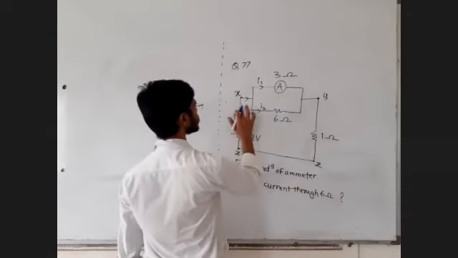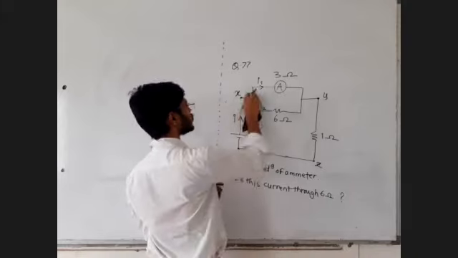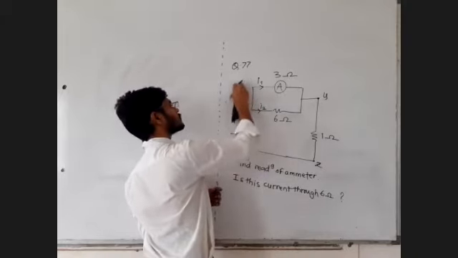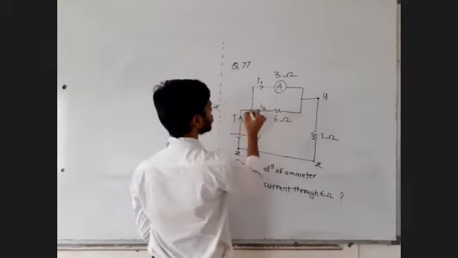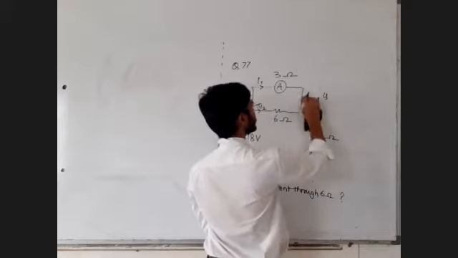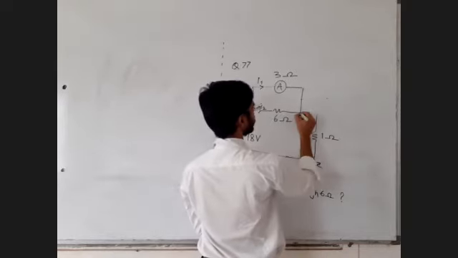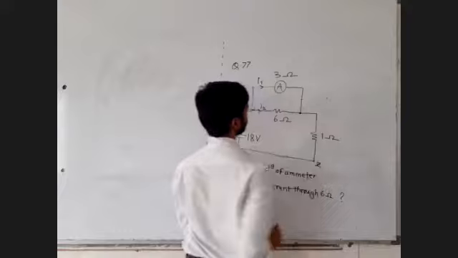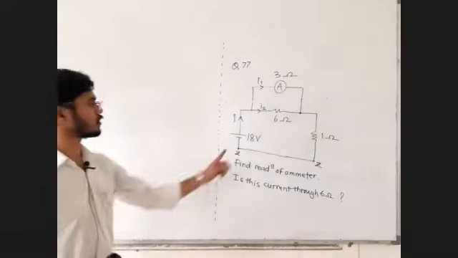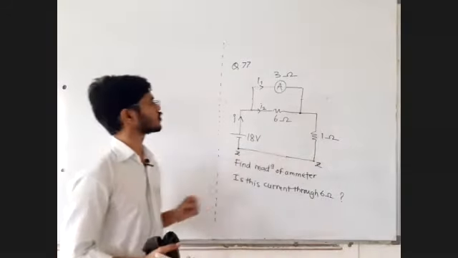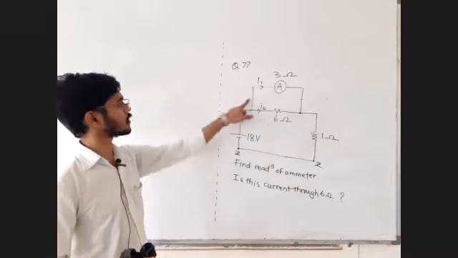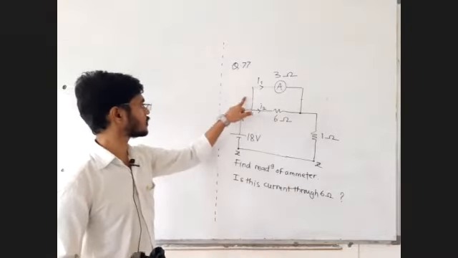They have drawn the circuit like this, okay? To confuse you, they have drawn the circuit like this. The ammeter has been connected in parallel with the 6 ohm resistance. The actual circuit that they have drawn is like this. You also make the changes accordingly. Just rub these lines or just scratch.